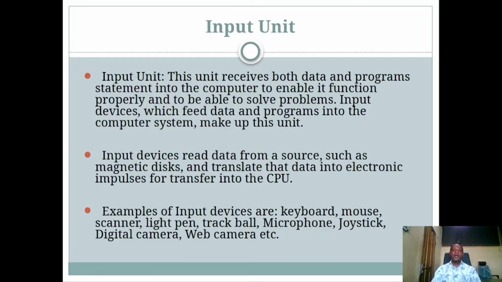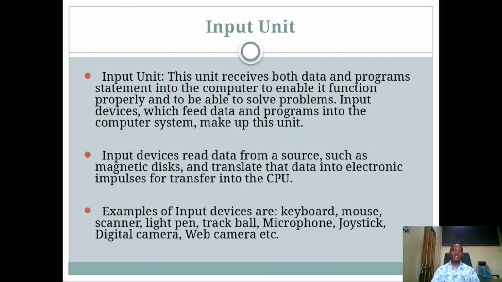This unit basically has some devices that enable the computer system to take data from its environment. So input devices are considered to be part of the input unit, which feed data and programs